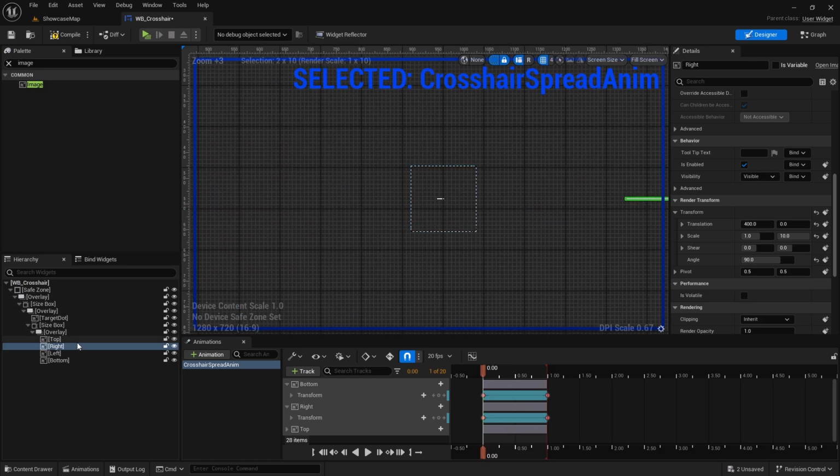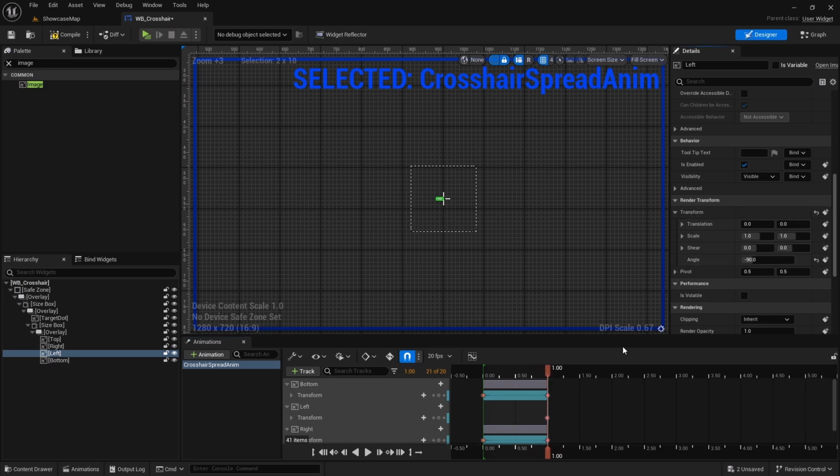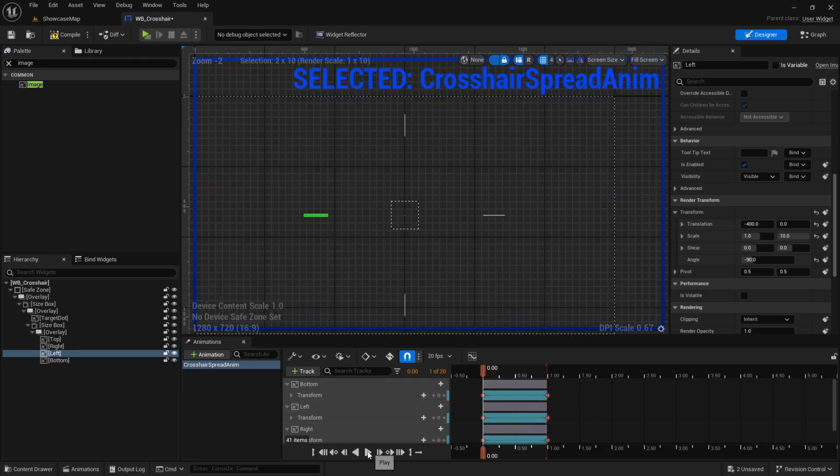Now finally let's go to the left bar, go to the end of the timeline, keyframe whatever the default configuration is, go to the beginning of the timeline. Let's add a minus translation transform here, and similarly let's add a y scaling here, and finally keyframe it. Okay, now you can see we have a nice weapon crosshair animation like this,